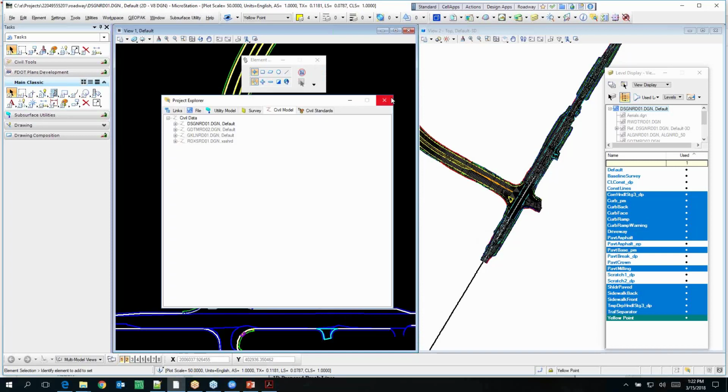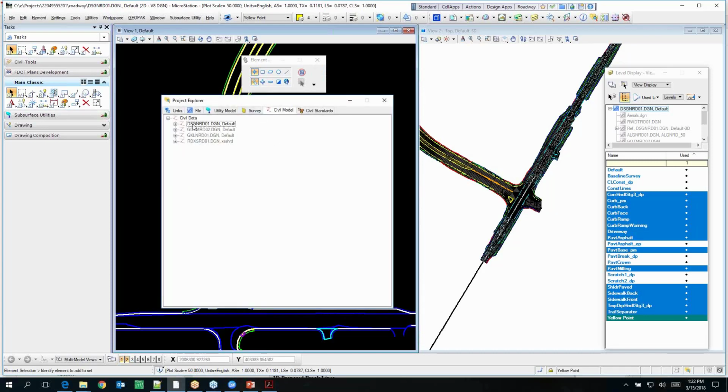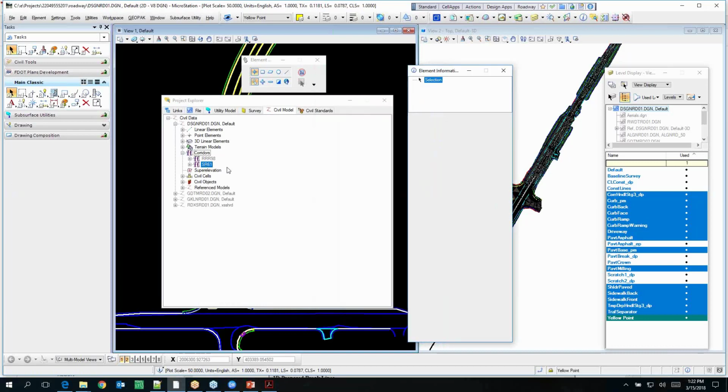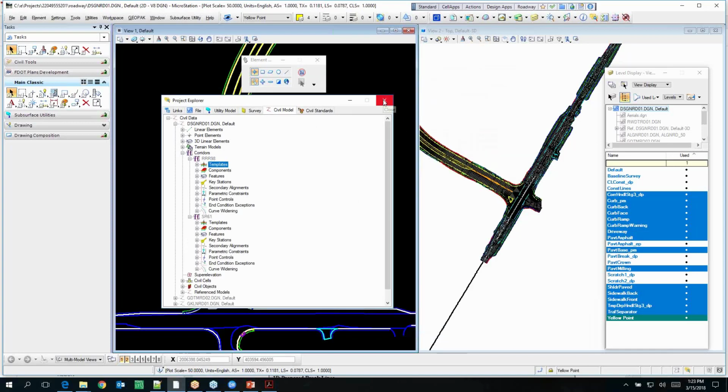Now, let's say you wanted to look at the properties of the corridor boundary. You open up Project Explorer, you go into the design file, you find your corridors, and if you had your element info on, go ahead and do Control-I, or just click that open. If you click on the corridor, there's nothing. If you open up the corridor and look at a template, it's going to give you properties. Now if you go back to the corridor, you see the corridor settings. All right, so those are set to final,